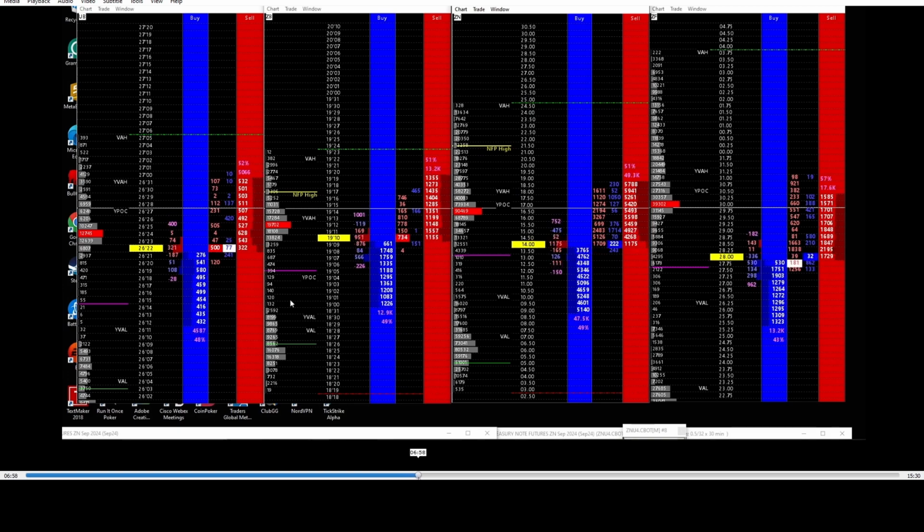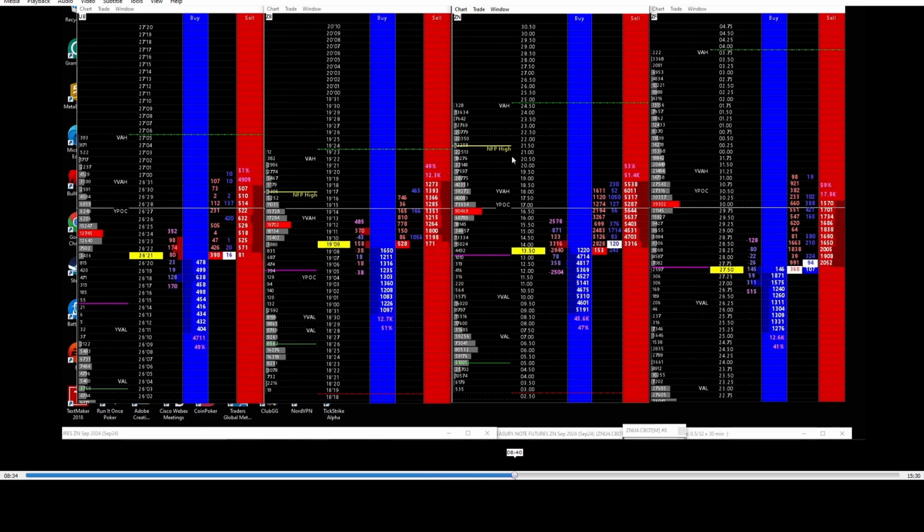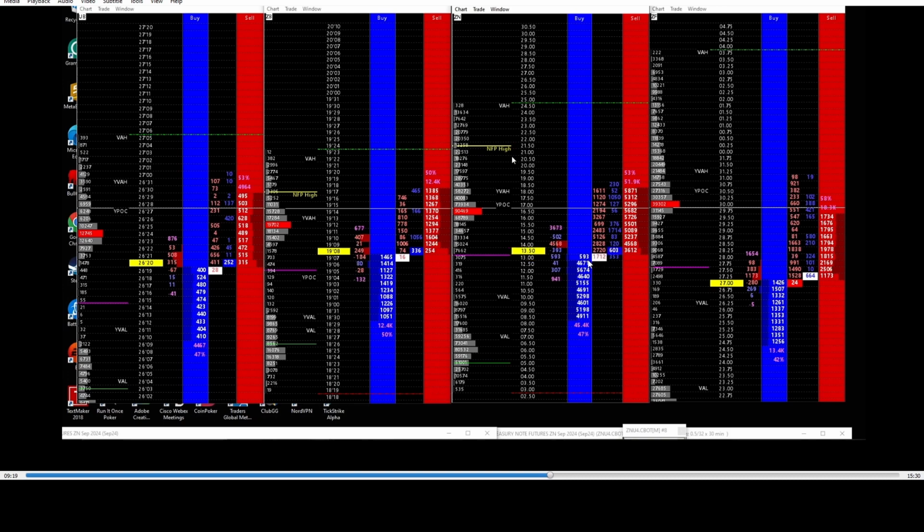And we'll fast forward this a little bit. There we go, taken, and now you want to see how they're behaving at 13.5s for you to clear 13s. Note 2,500 contracts at the moment. They've just taken out the price, and now they're hitting into 13s. So this specific trade